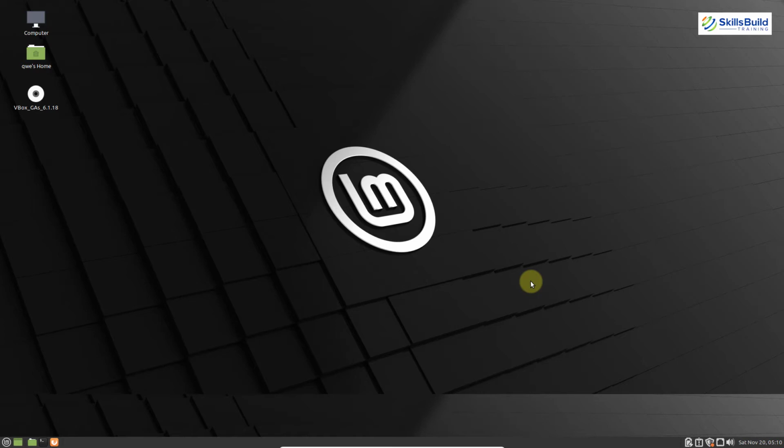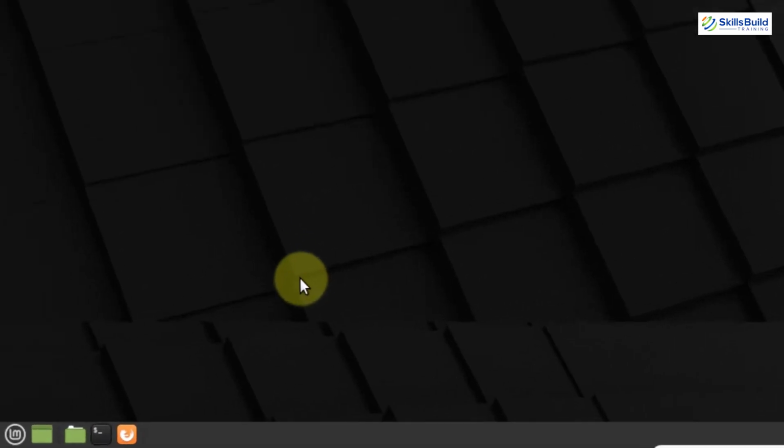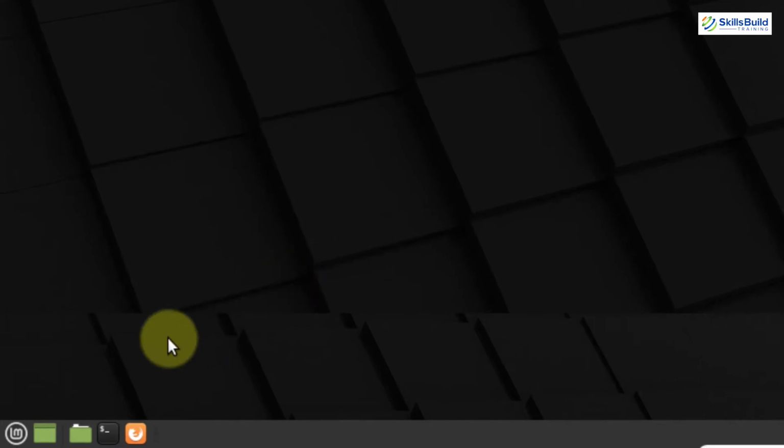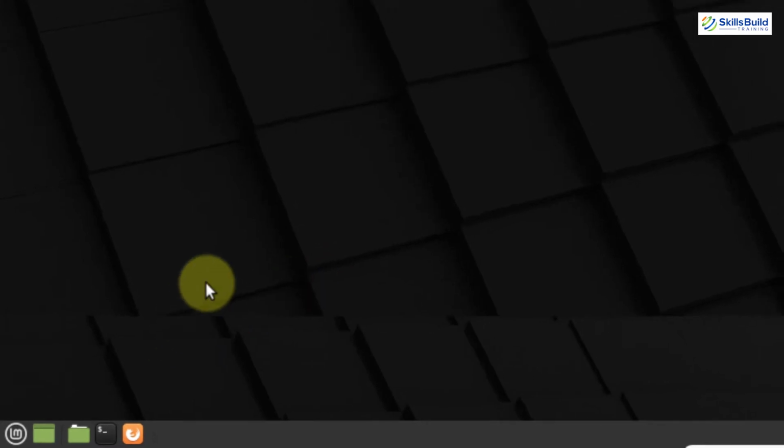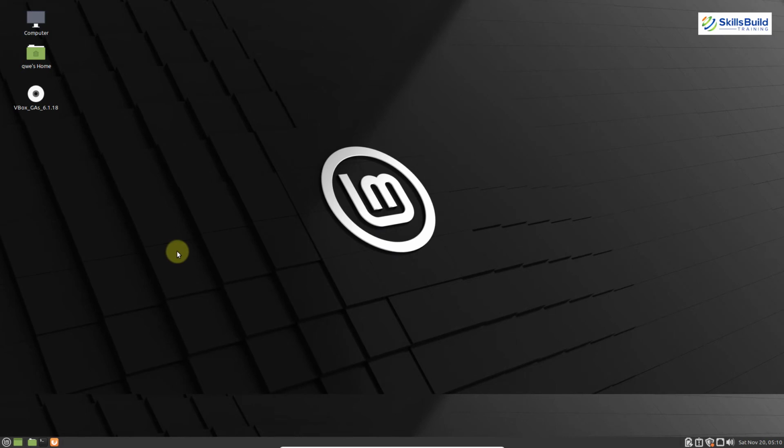In my opinion, the best implementation where you will see the Mate desktop is Ubuntu Mate, because in Linux Mint you get a customized version of the Mate desktop that is in line with the Cinnamon aesthetics, and it is not completely similar to the traditional GNOME 2 setup, because if you see, in Cinnamon we also had these icons at the bottom left corner and it gives you a look of Windows 7.